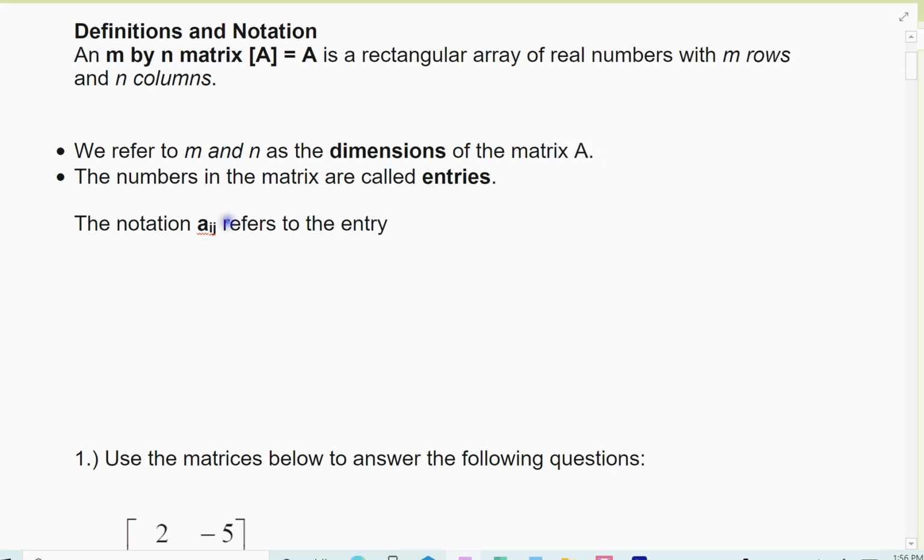Sometimes different books use upper versus lower notation, but the lowercase a represents a number in matrix A, and then there's two numbers, an i and a j. Math is a language, and you have to recognize what this symbol means: I want the entry